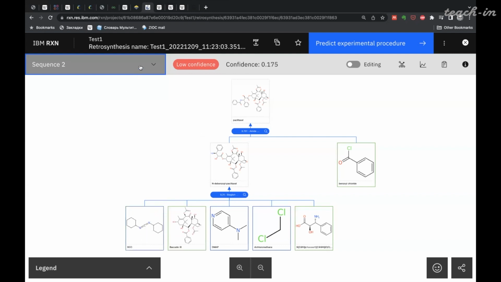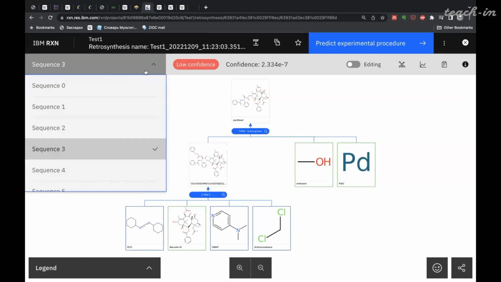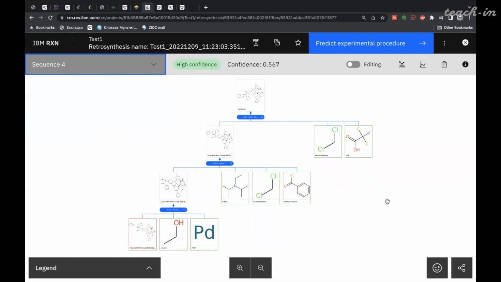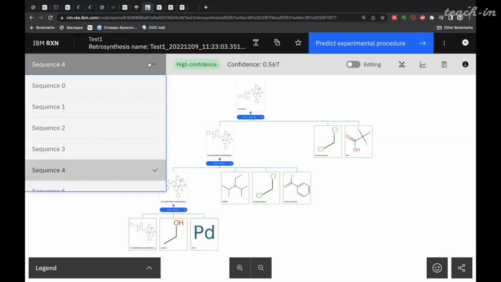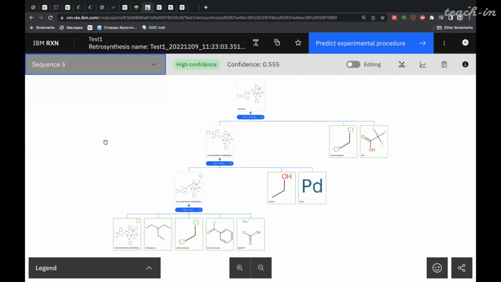So it's not a total synthesis per se, or total synthesis as we expect it to be. And as you can see, all these sequences have lower confidence just because confidences for every step accumulate,